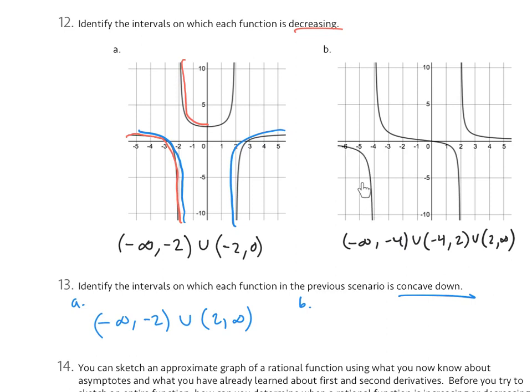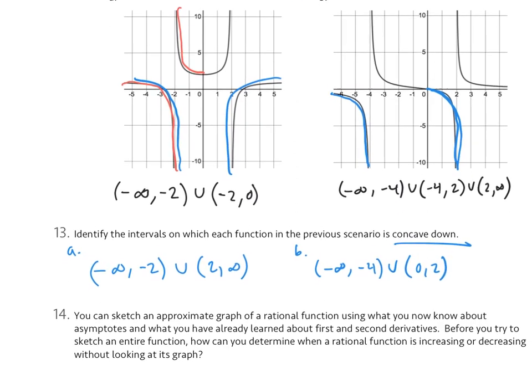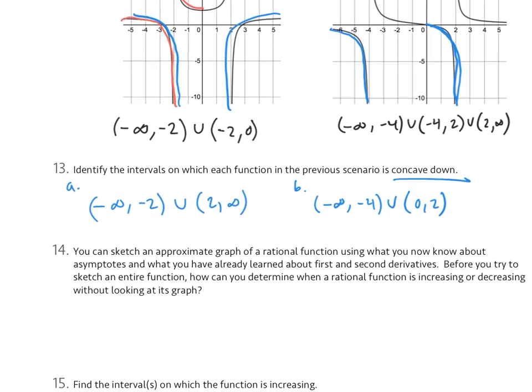This part is concave down. This is concave up, concave down, and concave up. So this part's concave down, and maybe right in here could be concave down. We don't want to get caught up on how accurate we are. I want you to just estimate at this point. So the first interval of concave down is negative infinity to negative 4, and then we'll go with 0 to 2 as the other part. I just want you to start picturing when it's increasing and decreasing and when these functions are concave up and